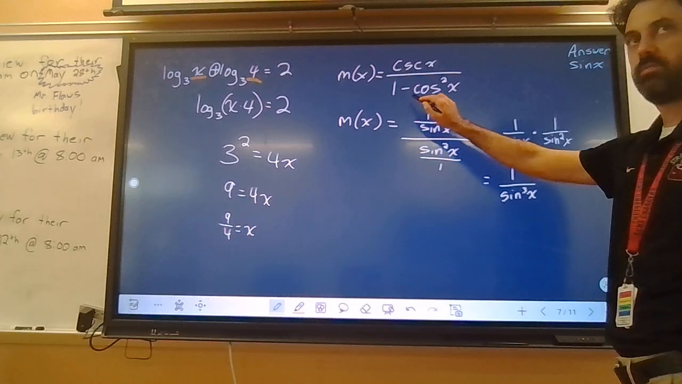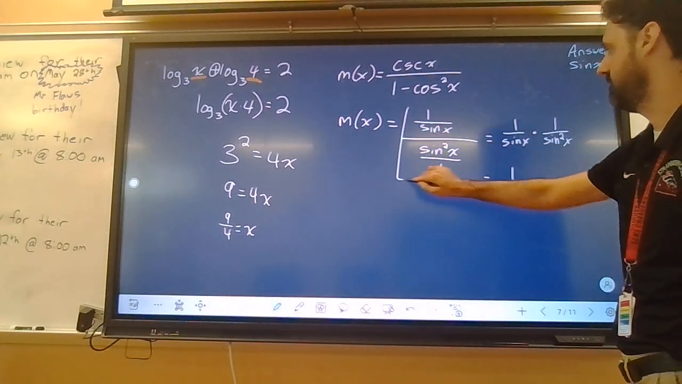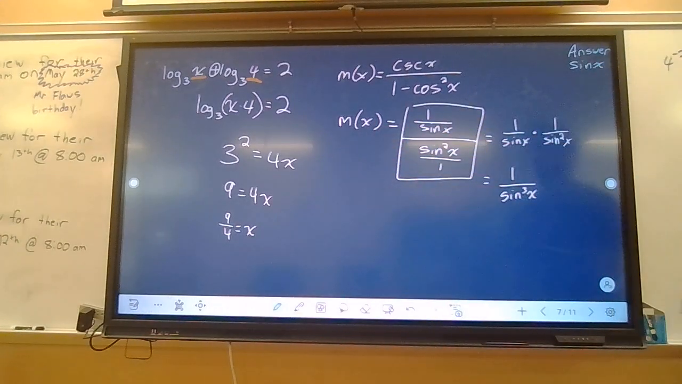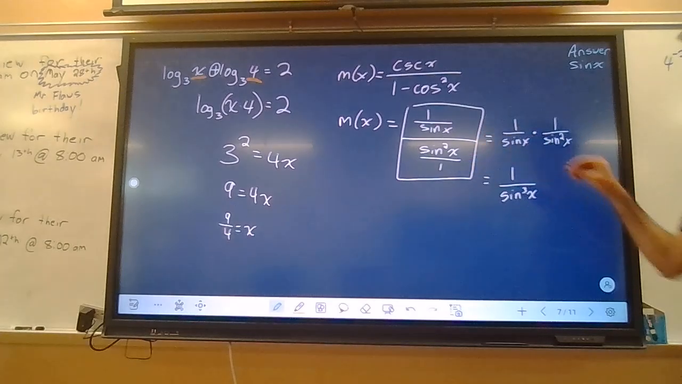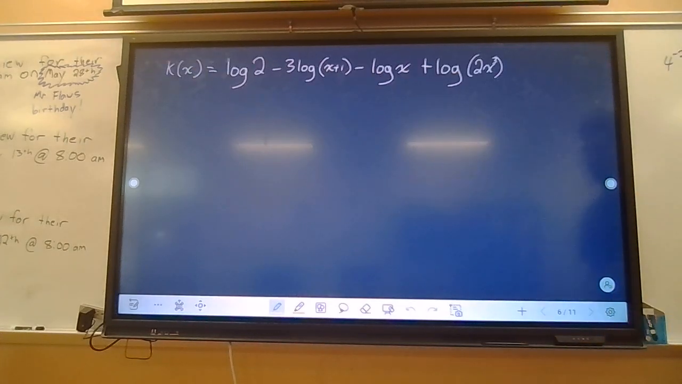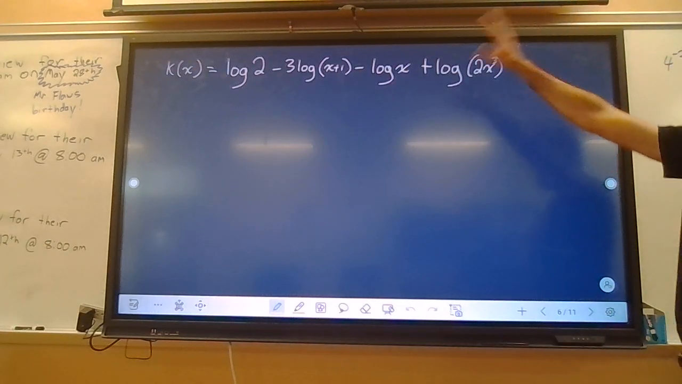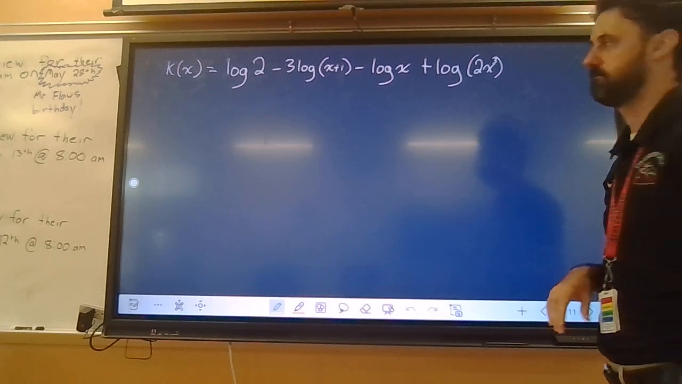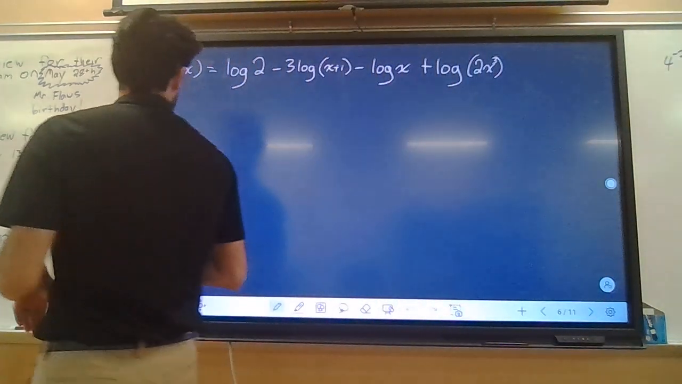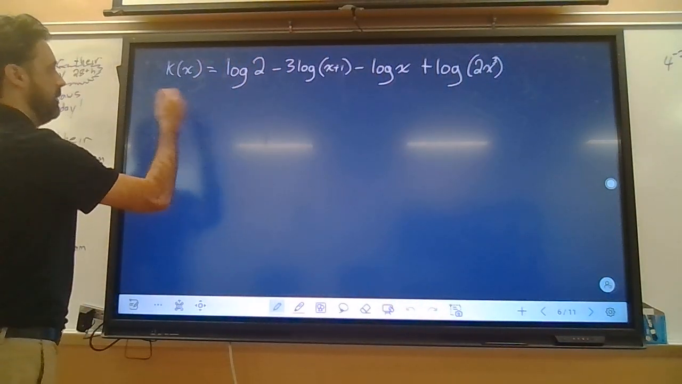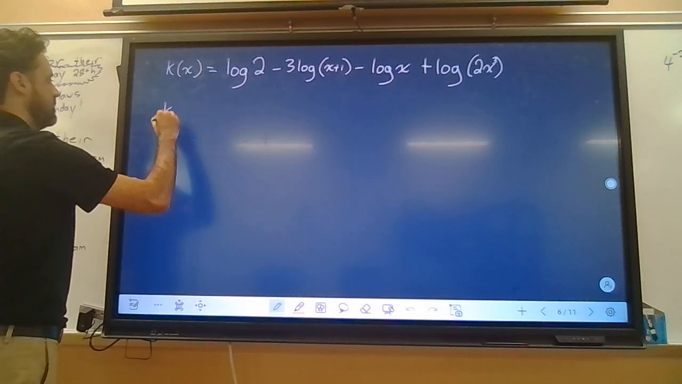Again, we don't want to leave this here because it can be simplified more. All right, so that was that one. All right, now you guys are going to try to simplify this as much as possible. And assuming you've done that now, you paused the video and did that, I'm going to simplify this. So k of x equals